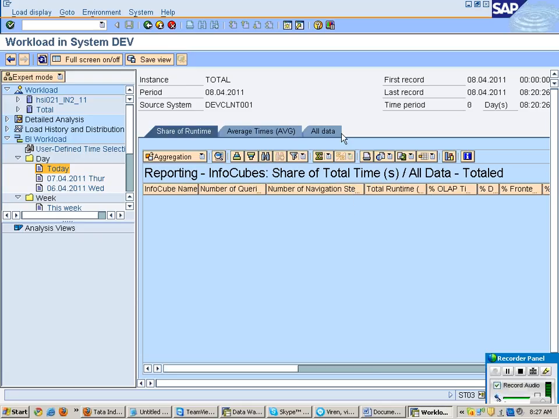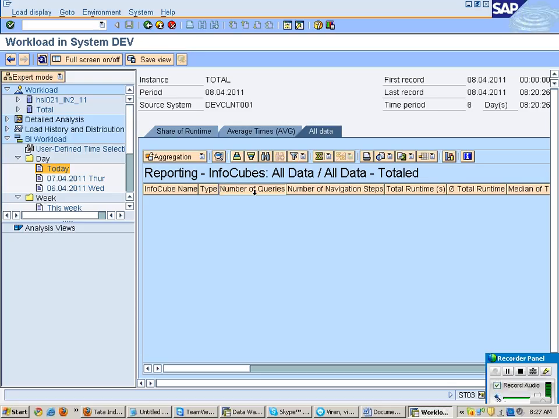Okay? Clear? Then, if you want, you can go with all data. You can see the number of queries, then total time, OLAP time in seconds, percentage of OLAP time, DB time in seconds, percentage of DB time, front-end time, and at the last, number of records selected,